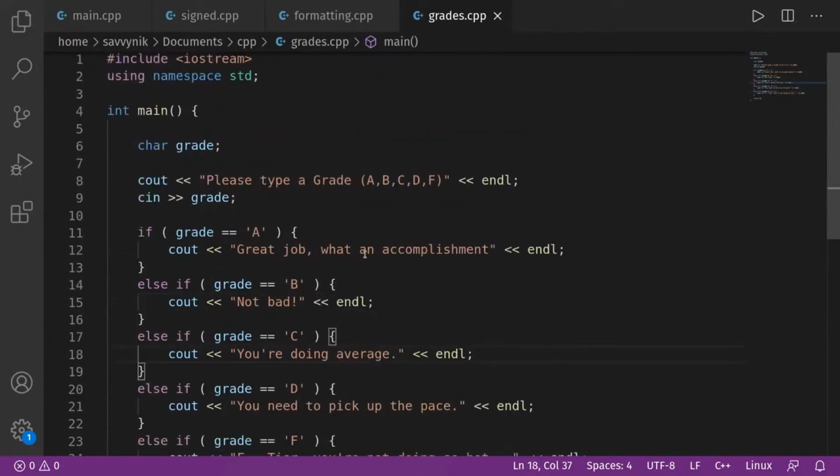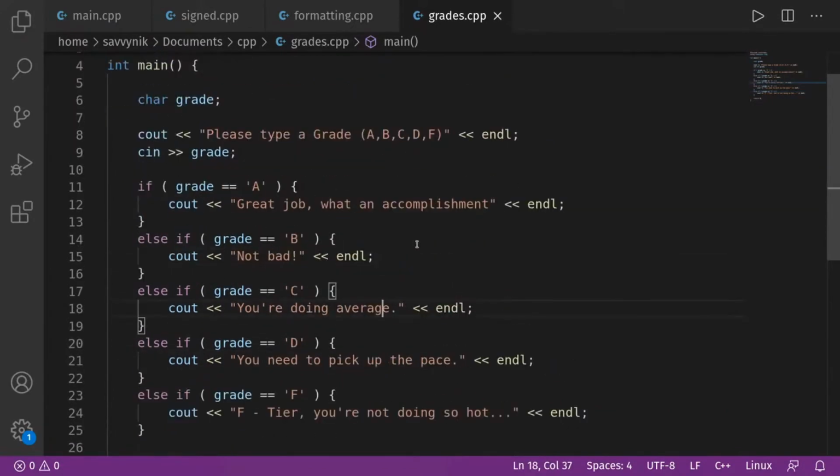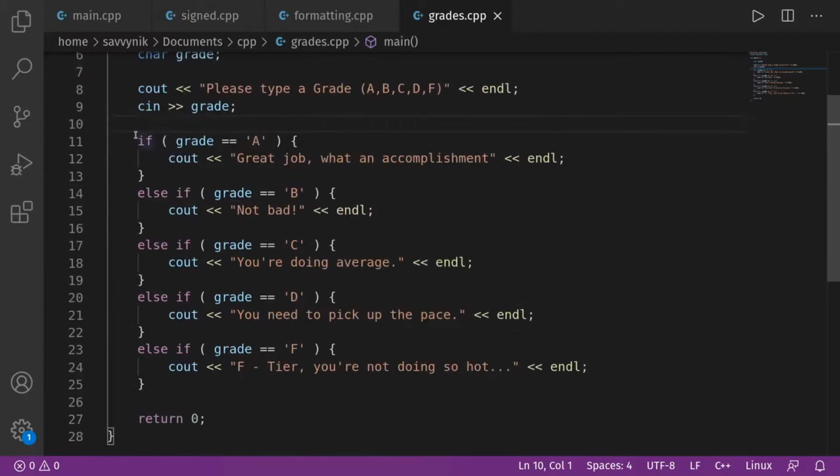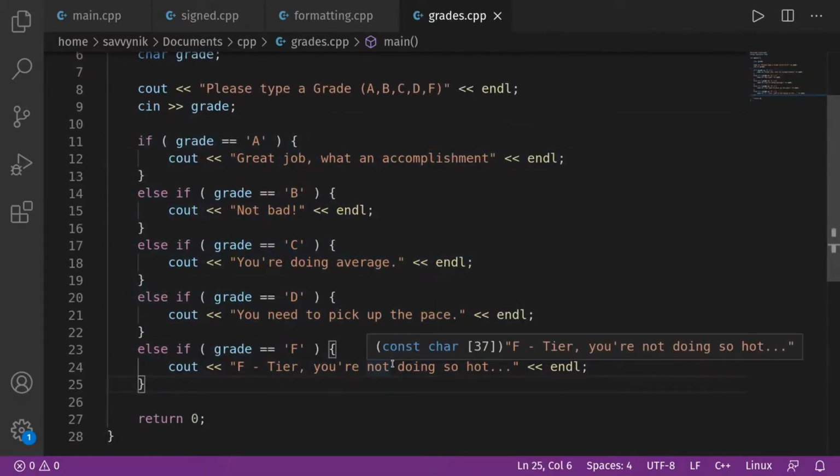And that should be enough for our program. So now this is pretty exciting because we've written a mini program that takes the user input in, asks them, hey, give me a letter A, B, C, D, or F. And then based on what they give us, we reply to the user. So this is no different than taking user input in and then making some kind of a logical decision on what you want to do next with the program. That's why if, else if, and else statements are so powerful here in C++ and in any other really programming